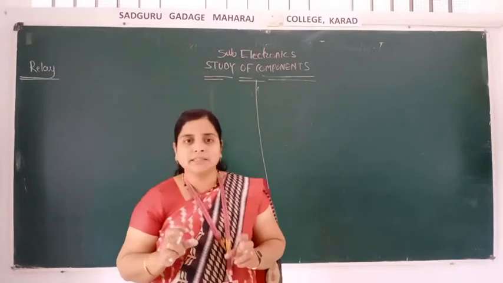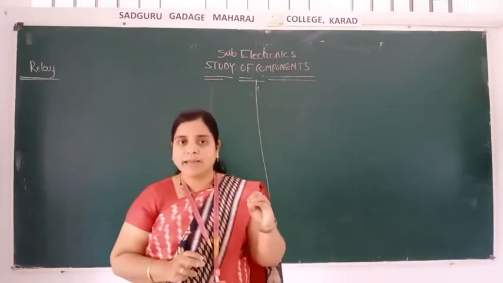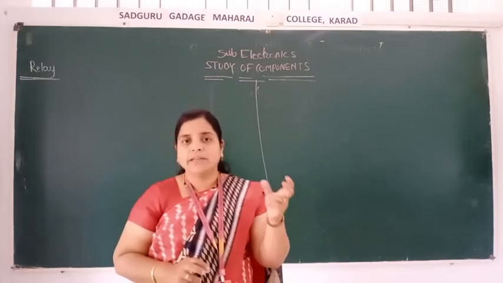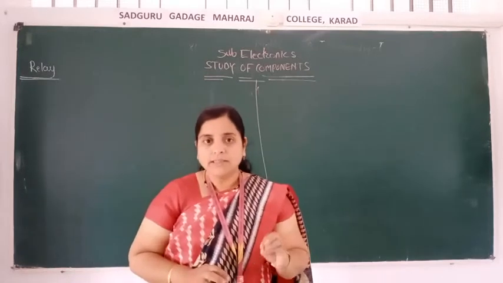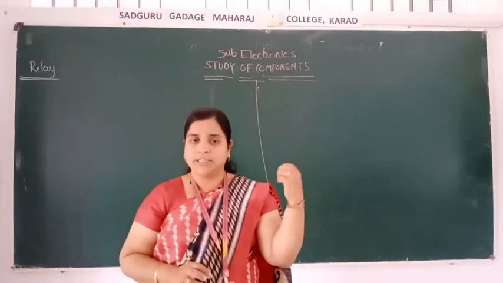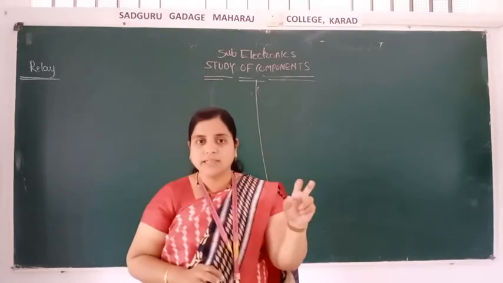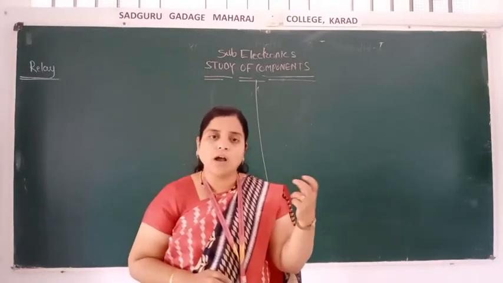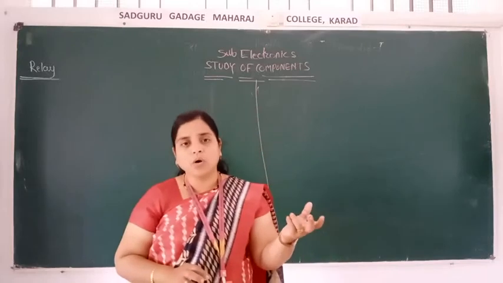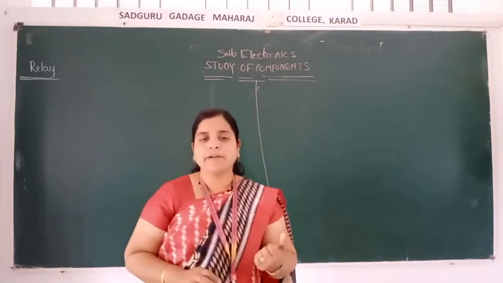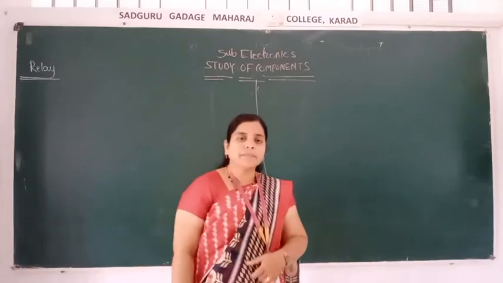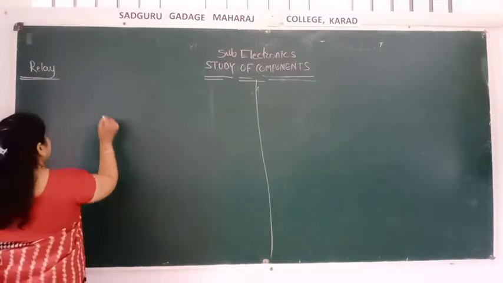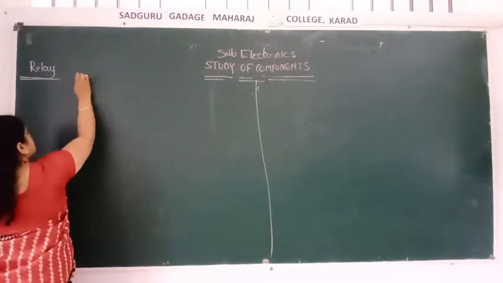What happens in the relay? What happens in the electromagnetic field? If electromagnetic energy is given, if the system is energized, then it will be in on condition. If the relay is not energized, then it will be in off condition. Actually, how it goes to the on condition and how it goes to the off condition, we will see with the help of its diagram in detail. Okay, so see, the diagram for relay I am going to draw is like this.